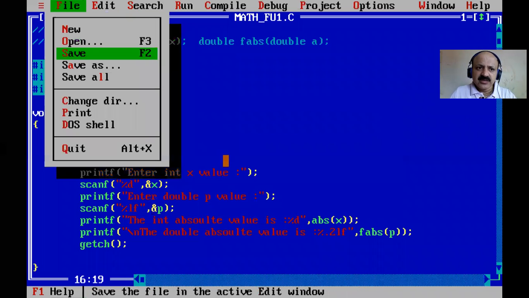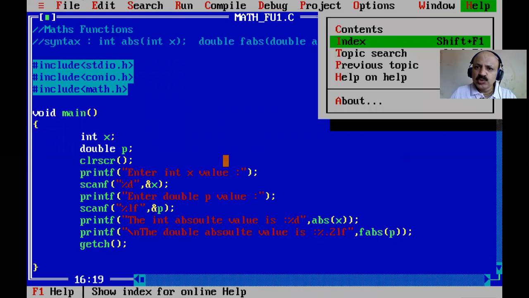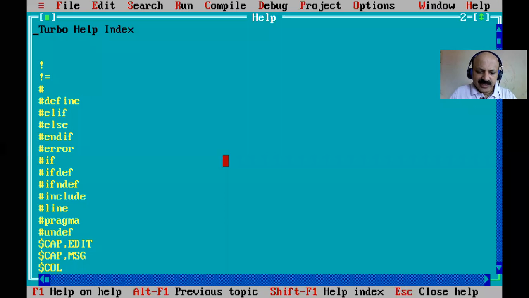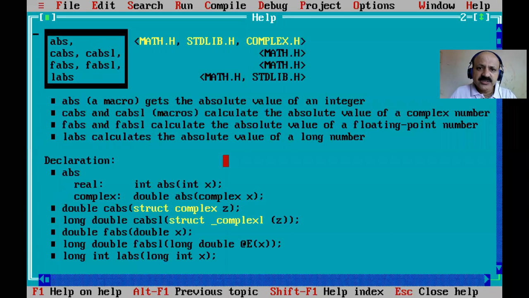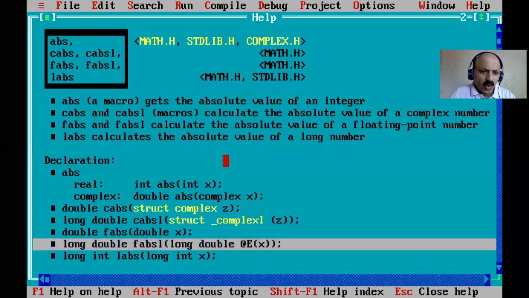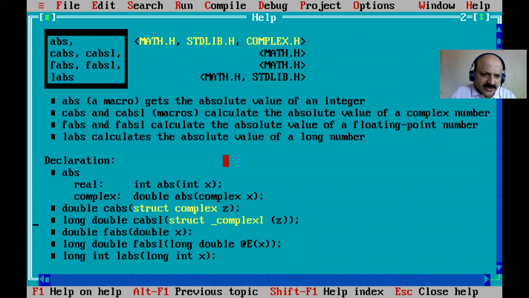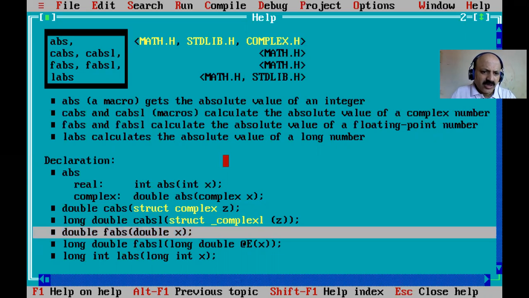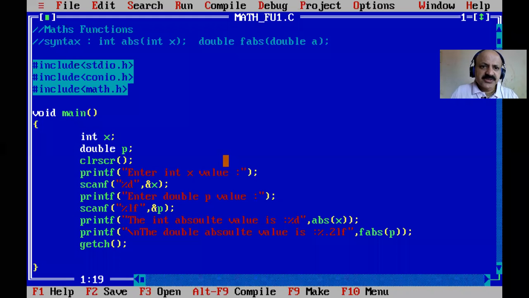Just first check that syntax. We have to check fabs in help, but we can say fabs is absolute. Yes, that is here. Yes, the same here is fabsf. Yes, that is long double. So long double you can also take. Okay, there is no error. But there is only fabsl, we cannot use this; only that is the perfect syntax. Okay, so that is the first part.